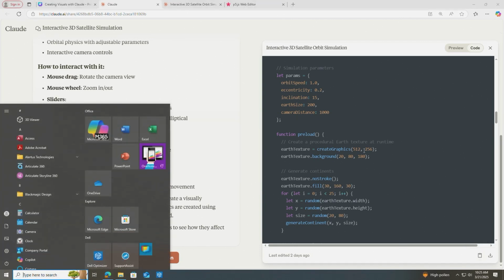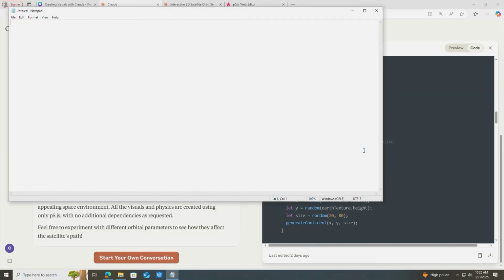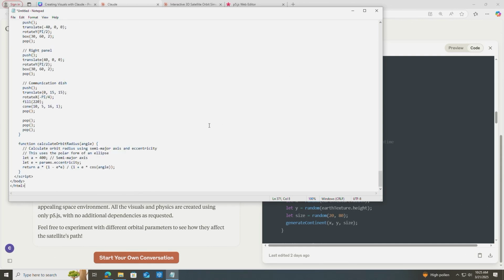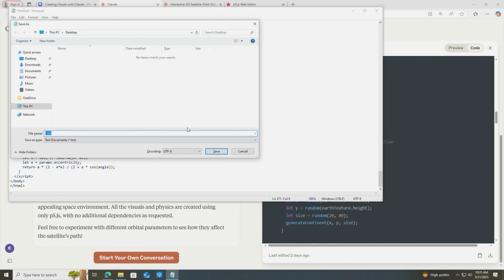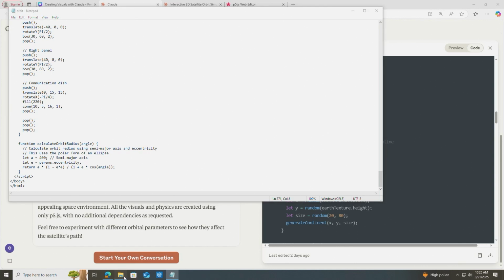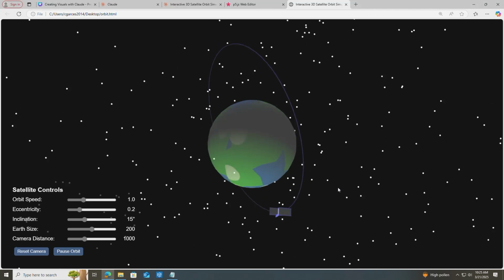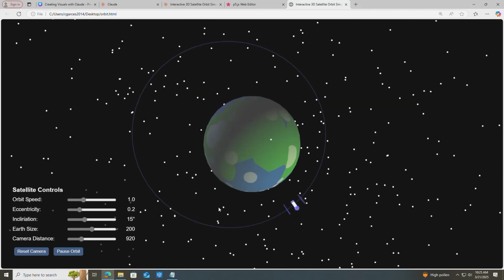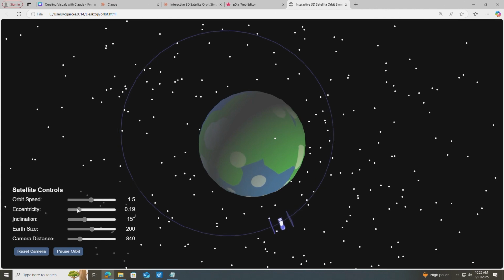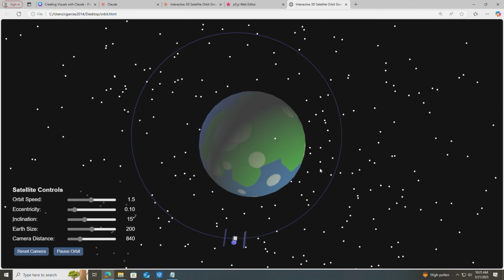Now if we open an HTML editor, in this case I'm just going to use Notepad, I'm going to paste my contents. Now I'm going to save this file, and I'm going to call it orbit.html. Save. And now if I open that file, I can view it full screen. So now I'm not limited to Claude's working space. Now I can view this full screen, and it's a pretty cool visualization. Same controls, etc. And because this was coded in HTML, I can copy this and upload it to